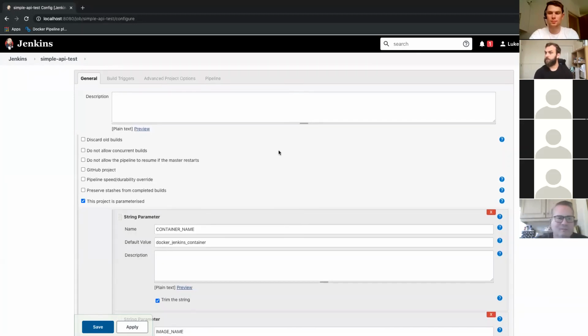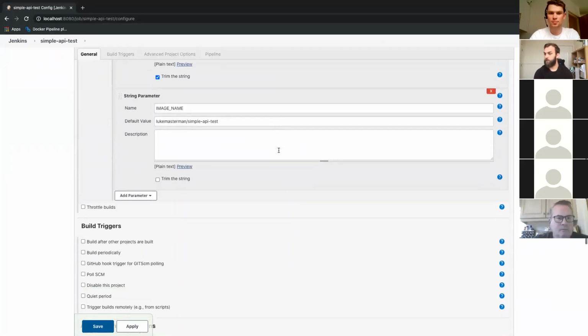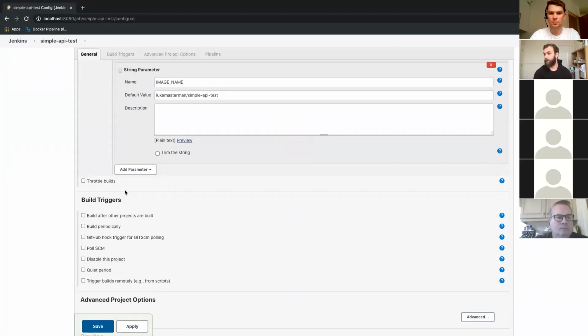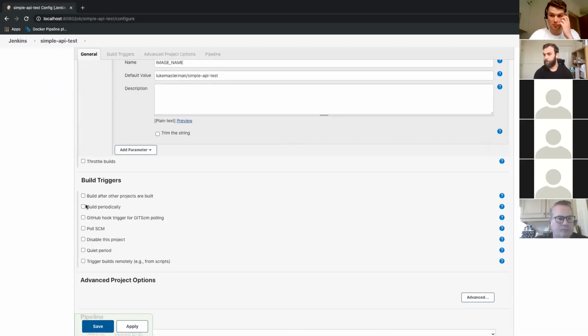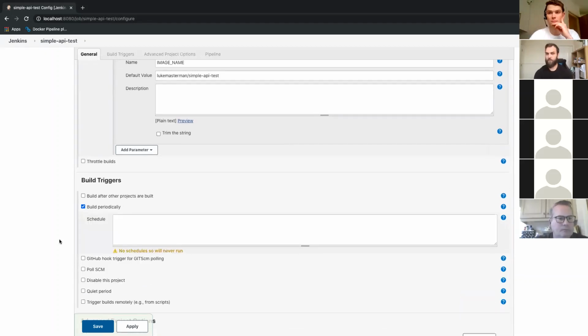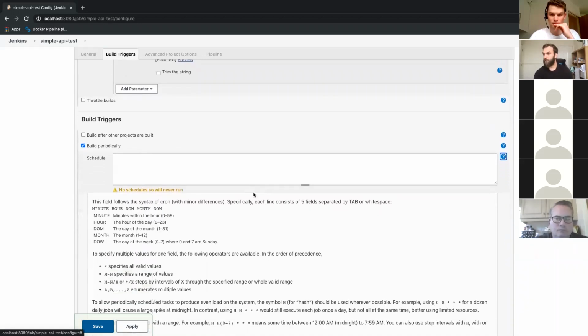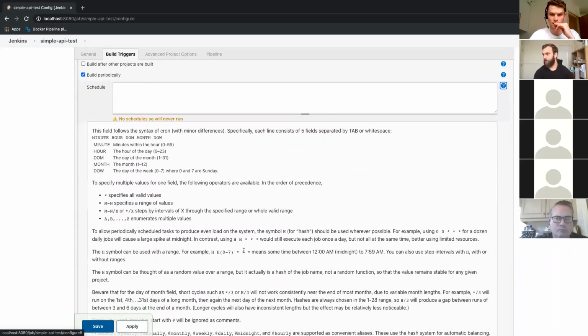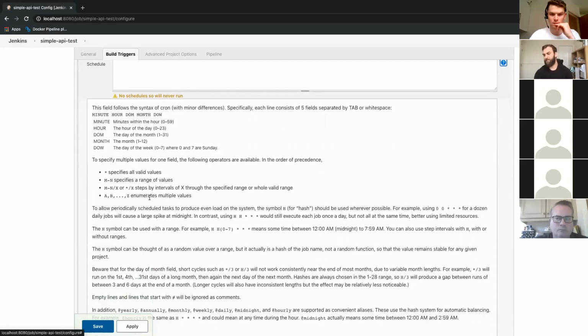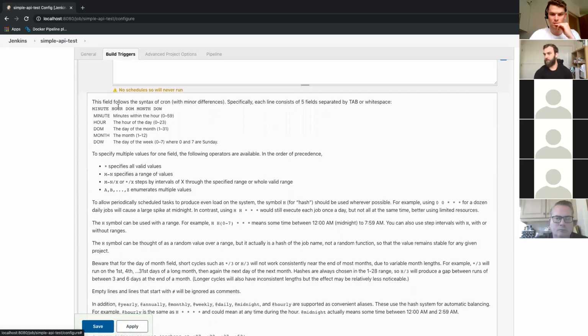So yeah, I guess we should talk about some of the scheduling. So I said that I'd talk about how you'd build with time triggers. So you can see that it uses the cron time signature. The documentation here basically explains how a cron time signature works.